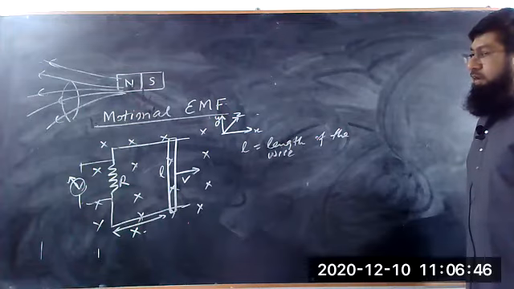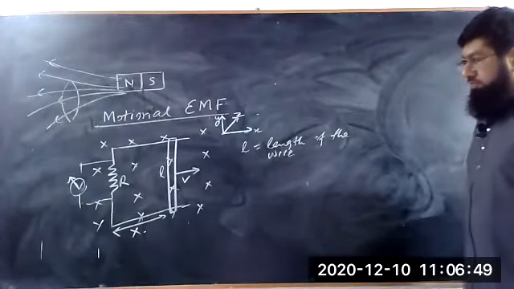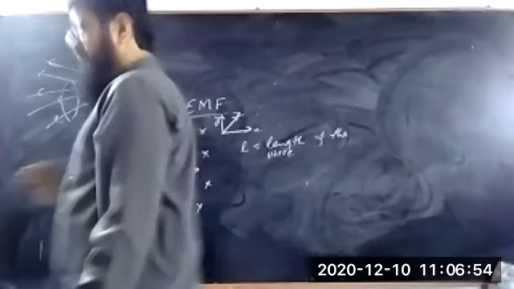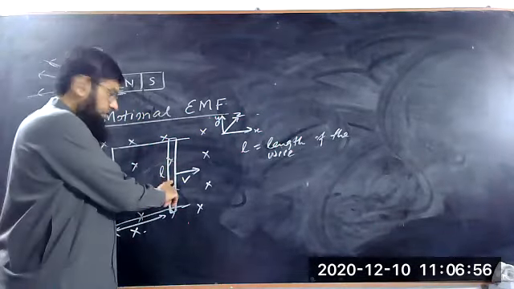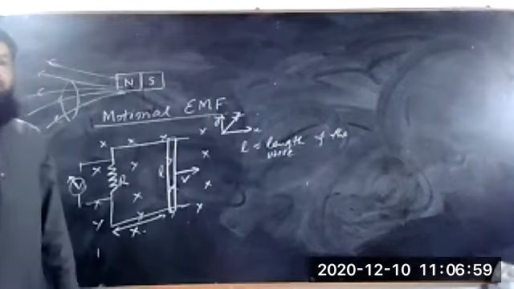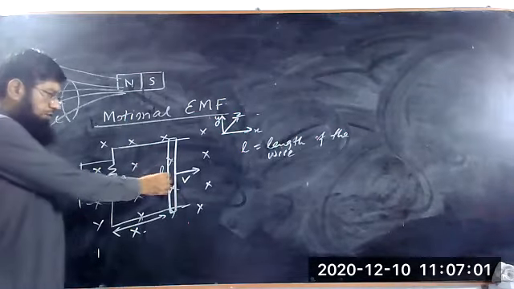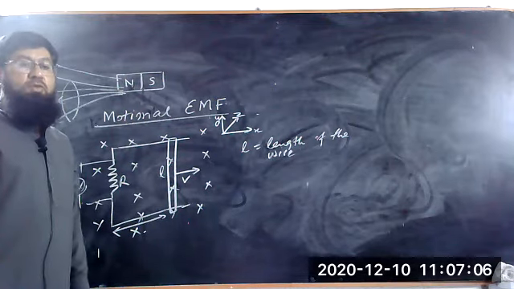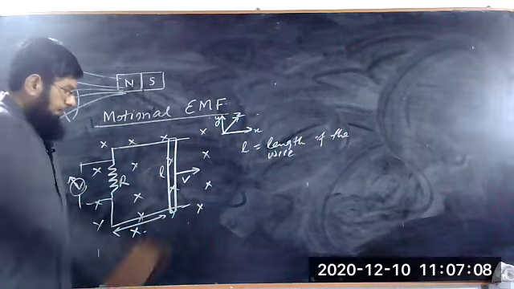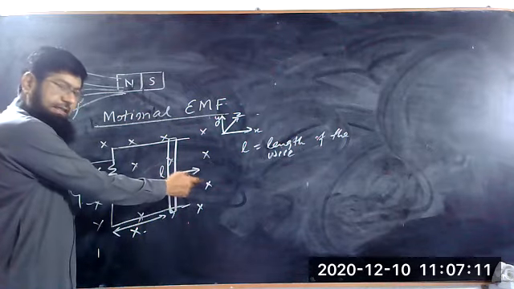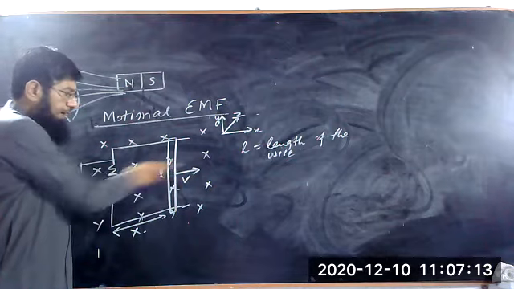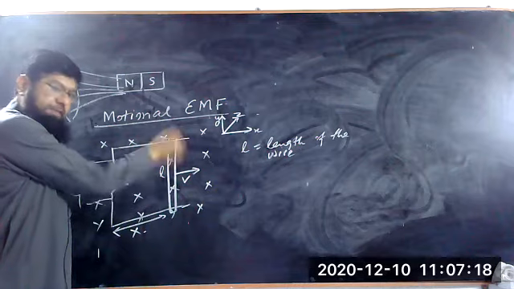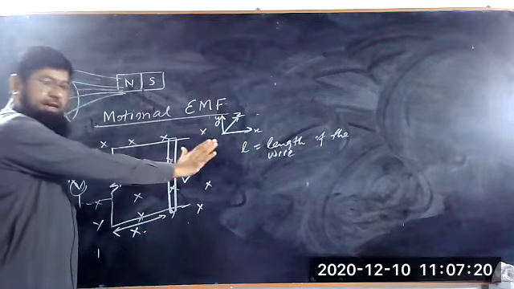in the wire. So now here, if we say that this wire is a conductor, it means there are free electrons in the wire. Each electron will experience a force when it moves in the magnetic field. If we say that the magnetic field is into the board and the wire is moved in this direction, all the electrons within the wire are moving with the wire.